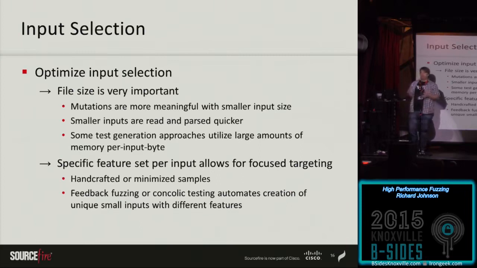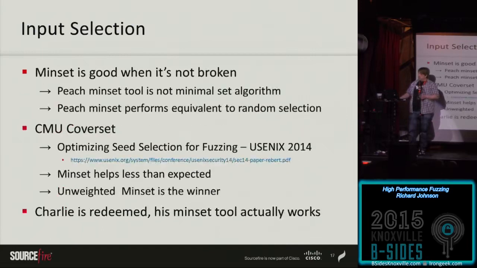So by isolating the functionality you're interested in, you're not wasting time on features that are unlikely to be security relevant and things like that. So if you do go with a larger corpus that you're not generating yourself, then the min set approach